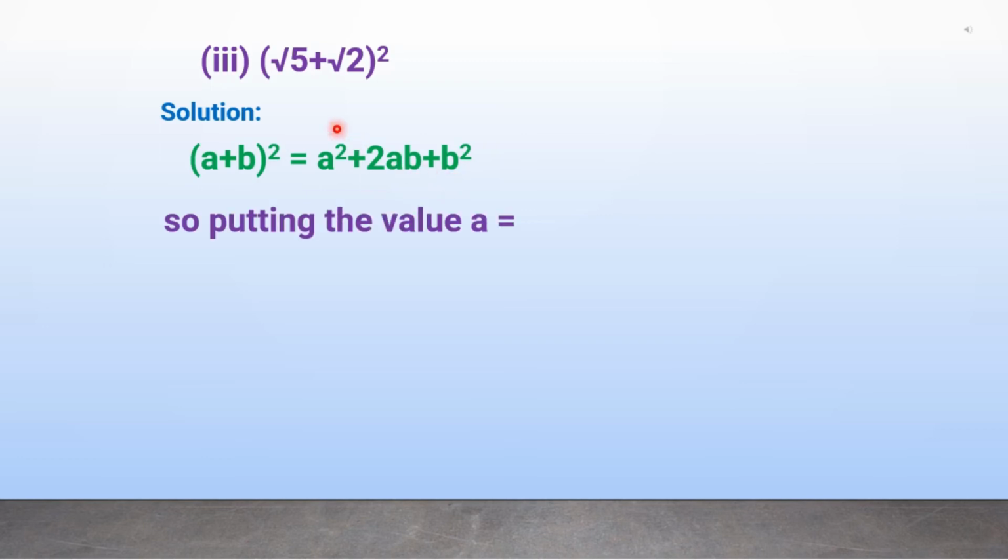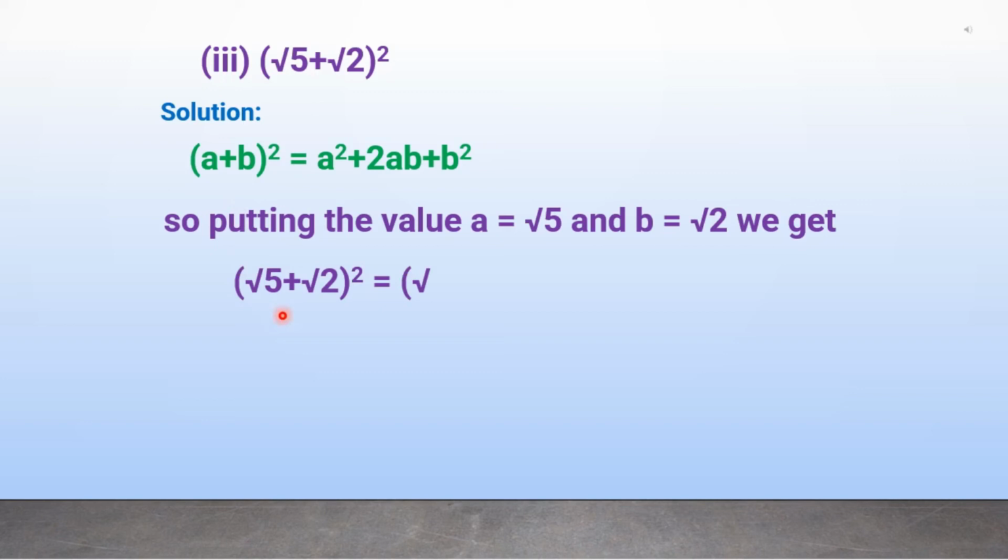Example 3. (√5 + √2) whole square. Solution. Here we will use the formula (a + b)² is equal to a² + 2ab + b². So putting a equal to √5 and b equal to √2, we get (√5 + √2)² is equal to (√5)² plus 2 into √5 into √2 plus